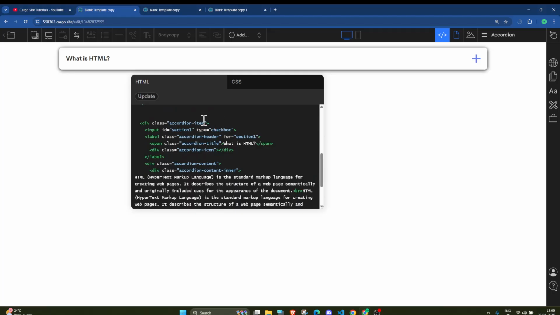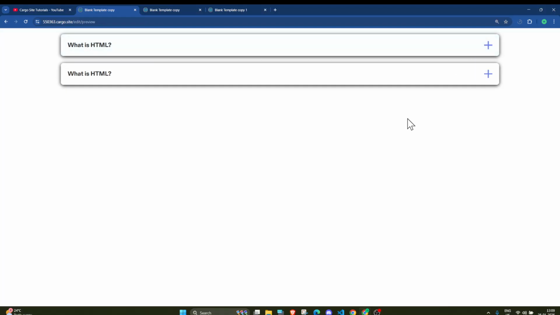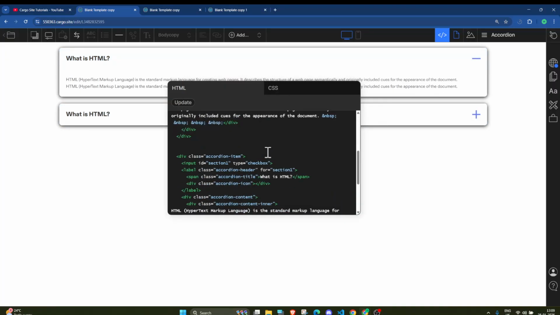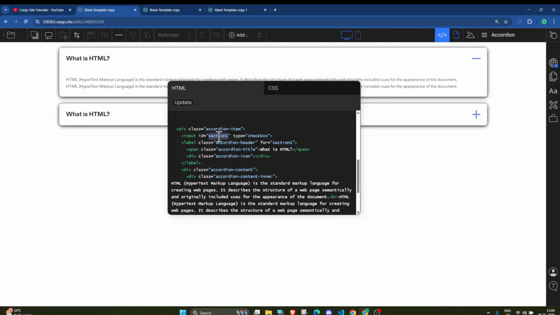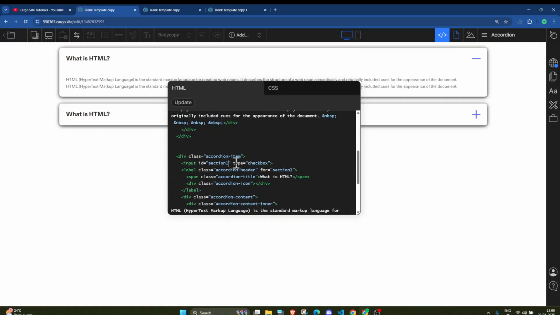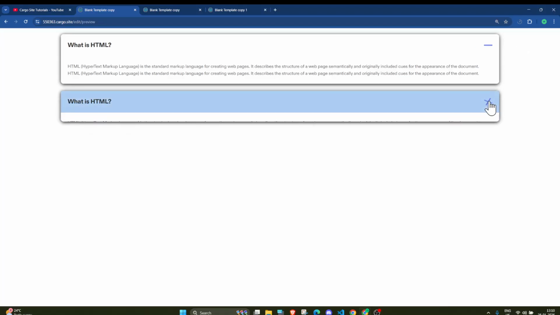You can see now it is working. And if you notice, when I click on this thing, the above one is expanding. So to fix this, you need to give the unique ID in the second accordion as well. So here instead of section 1 we will make it 2, and for the 4 we will again update this to section 2. Now if I preview the draft, here you can see now it is working fine.